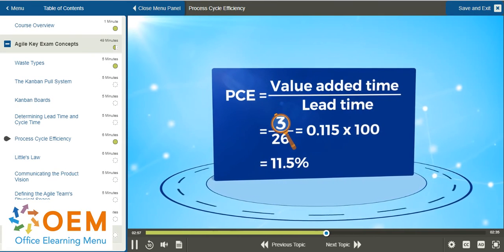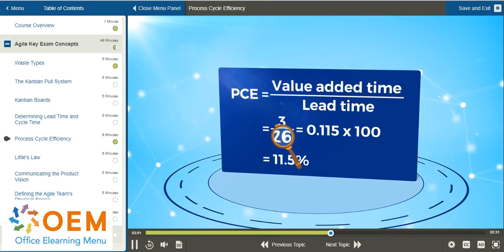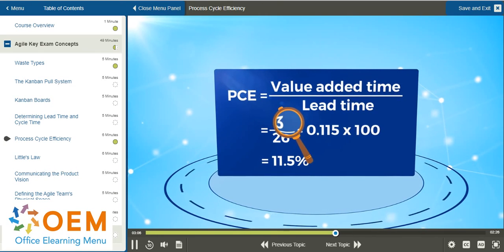The time it takes to mix the raw ingredients and prepare them for bottling is 26 minutes. To calculate PCE, the team takes the value-added time of 3 and divides it by the